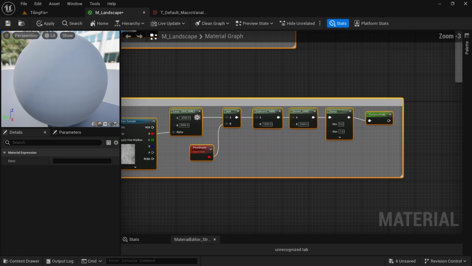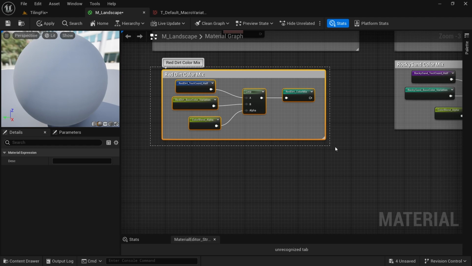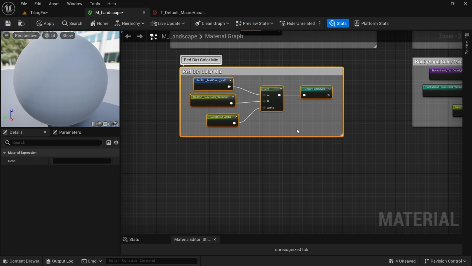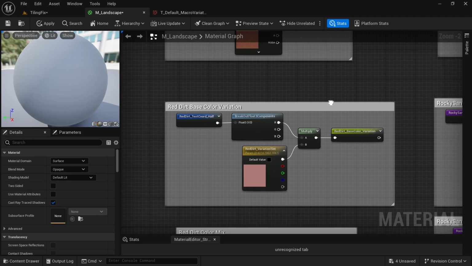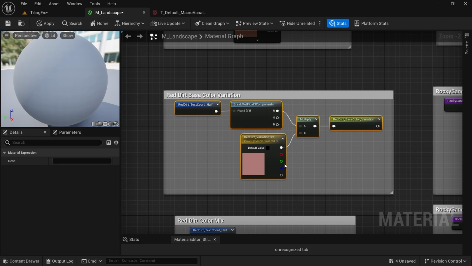So how are we going to use that distance fade in a lerp? Kind of like what we did with our color mix. We're going to lerp between our color mix and some new color. Well, let's make that new color that we'd like to designate to be used in the distance. I'd like to make a new color variation, kind of like my base color variation, where I multiply by a color, except I'd like to use different texture coordinates because this is going to be used way far out